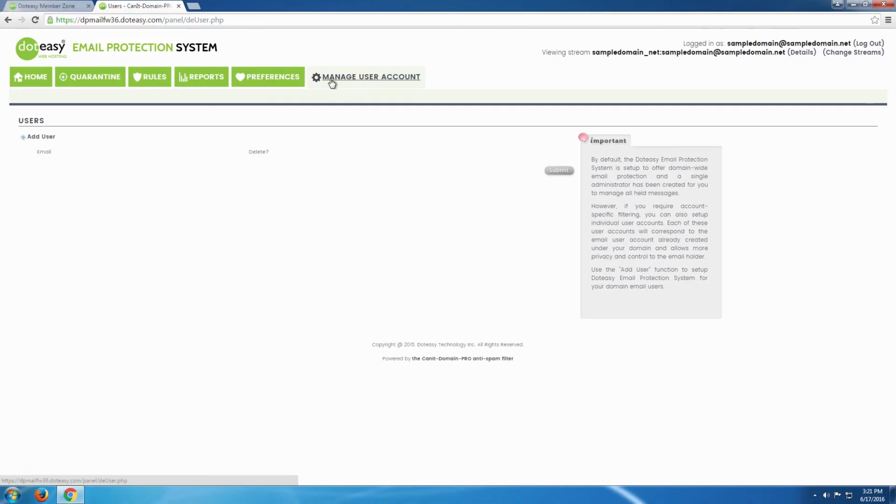The last section here is within the Manage User. This is where you can go through and create additional email addresses to have. By default, there will be just a default global set of rules which will apply to everybody. If you want an individual user to have their own set of email rules, this is where you go in and do it. You can easily add the account from here and then add additional email users that you've set up in your account so that they can log in, they can have their own separate set of rules